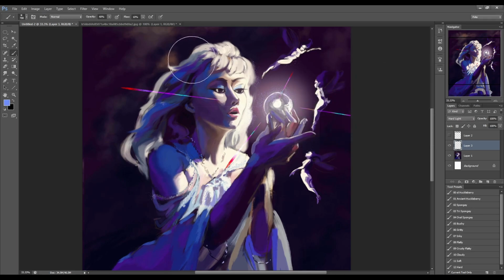But now hard light has become a favorite tool of mine for a bunch of different stuff. So one of the ways I find to make the glow look pretty natural is you find whatever color is kind of nearby, and then you can just splash that in with the hard light a little bit, with the soft brush on hard light. And then I wouldn't try to cover it too evenly all over.